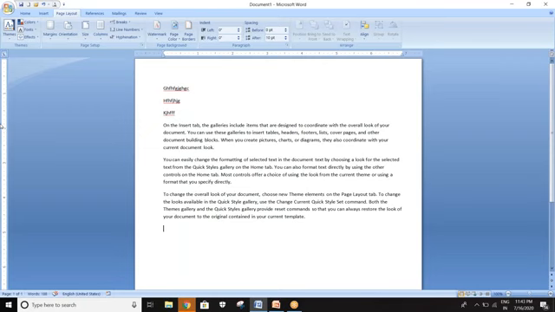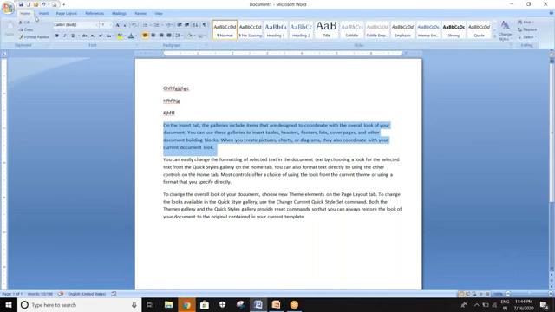If you want to change the style of the paragraph, then you have to select the paragraph, click the Home tab, and click B. B is used to bold the characters, I is used to italicize the characters, and U is used to underline the characters.